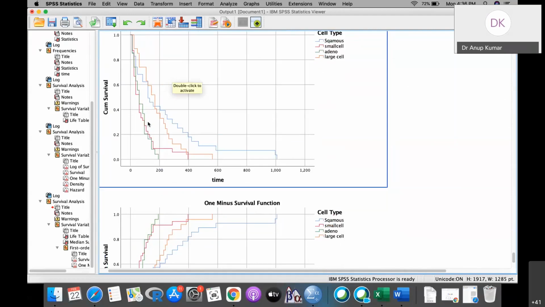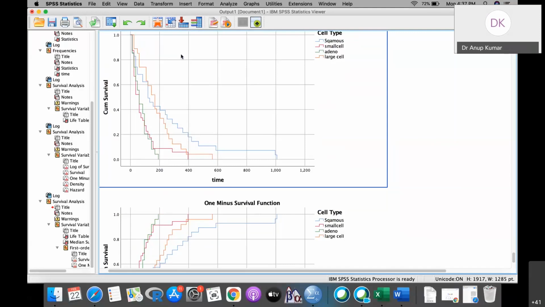But the important thing is that there are some problems in this life table technique. One problem is that the life table technique requires a very large amount of data. First thing, although the estimates we obtain through the life table are better estimates, it requires a large amount of data. And second thing, it is not possible to tell whether these two graphs are significantly different from each other or not. There are no valid statistical tests established to test the significant difference between these two graphs, and that we can only do through the Kaplan-Meier estimation.